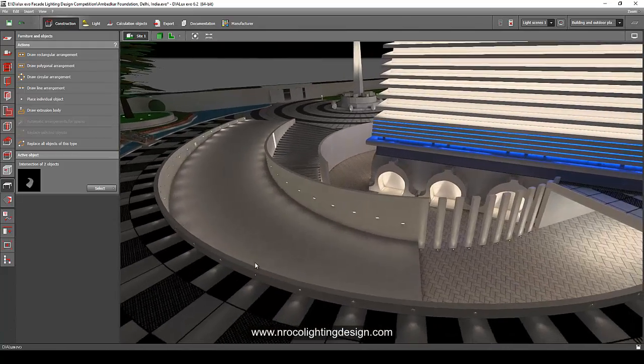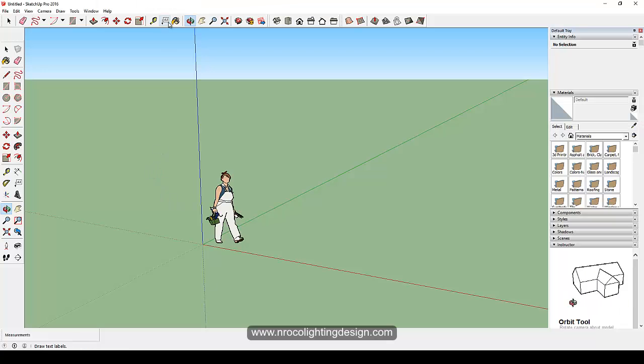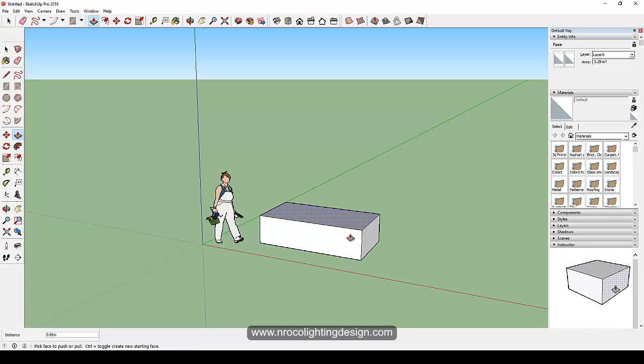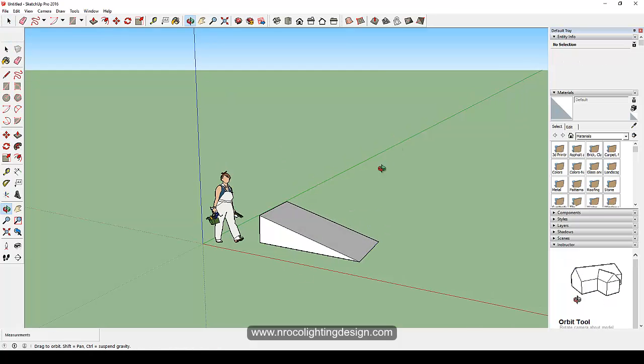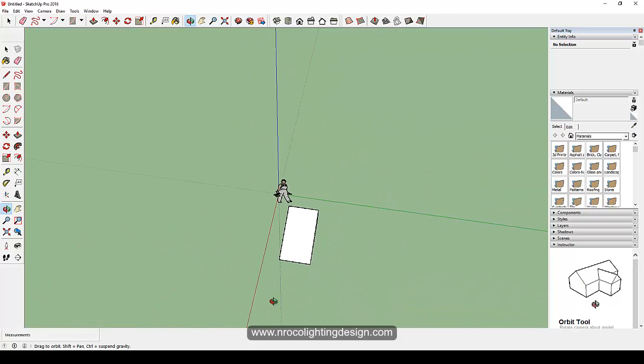So I also tried working on that one in SketchUp, and okay, let's try this one. If you go to the object, for example, draw the rectangle and extrude it by one, and then you can have your ramp here. You can just move this one line and move it down, and now you have a perfect ramp. But of course you want a curved one, not a straight one.